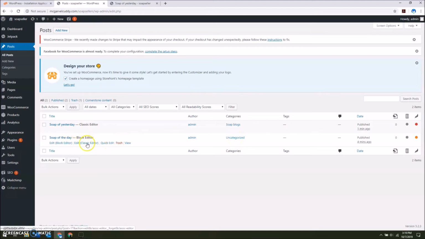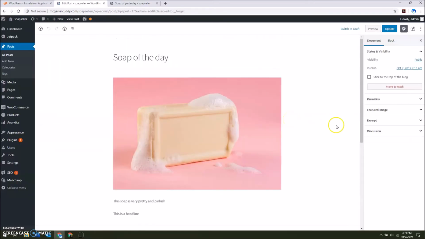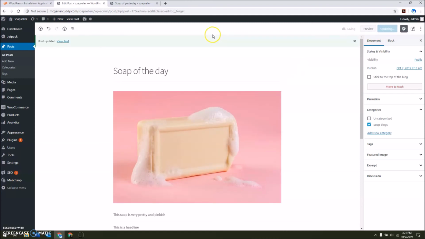So I'll just do block editor, so you can see where to find that stuff. So then we go to categories, and it takes a second, but it does open and shows the categories. So I'm going to take it out of uncategorized and put it into soap blogs, just like that, basically the same as the other. So I'm going to update that, and now I'll go to categories,